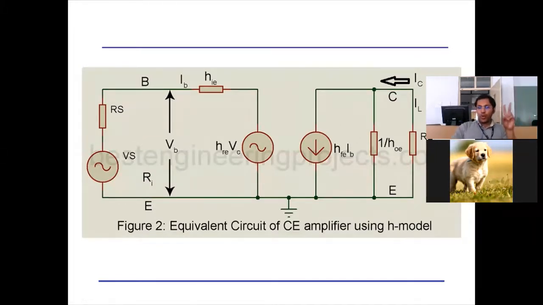So now we got 2 points. First point, I can neglect this resistance. Second point, when I neglect it, we get IC nearly equal to HFE IB. So we will neglect 1 by hoe, and second, we will take IC nearly equal to HFE IB. We will take these 2 points and proceed. Is there anybody who didn't understand this? Please tell me. As I keep telling, anything you don't understand, feel free to stop me. Now we will use these 2 points and proceed.